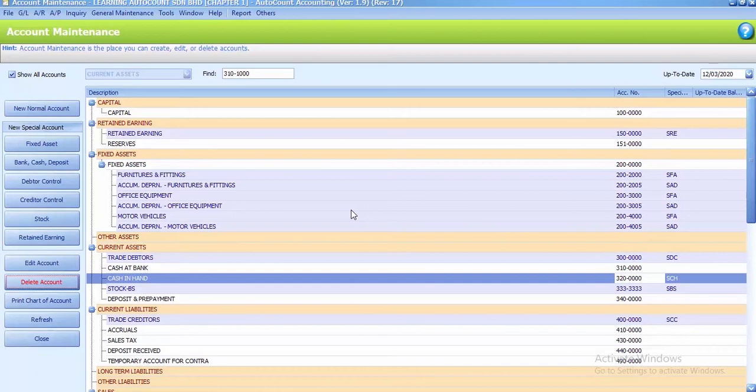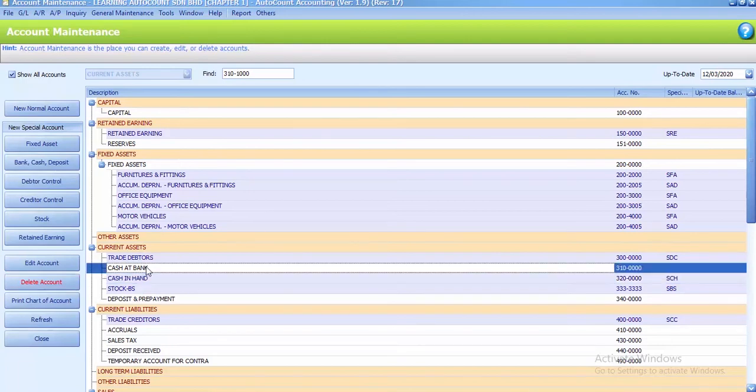So how can we actually create a new set of bank accounts? The first step is to determine what the parent account is. Your parent account must be this Cash at Bank, 3100000. So what you need to do is highlight the parent account, Cash at Bank, and after that,